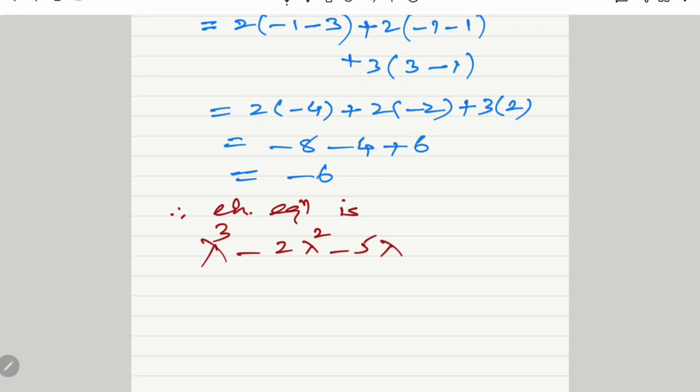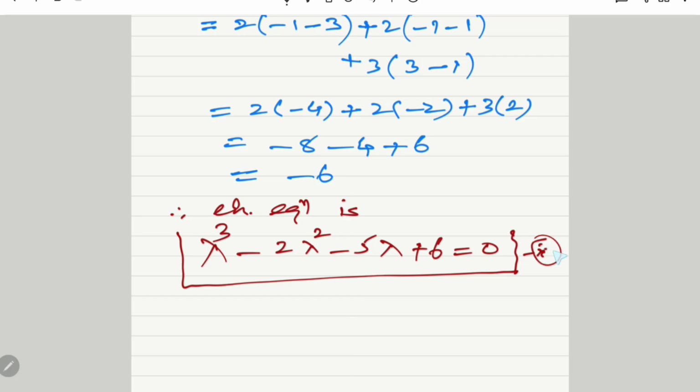lambda, and plus the determinant of A, which becomes plus 6, is equal to 0. Therefore this is the required characteristic equation. We call this equation 2. Lambda cube minus 2 lambda square minus 5 lambda plus 6 is equal to 0 is the required characteristic equation,